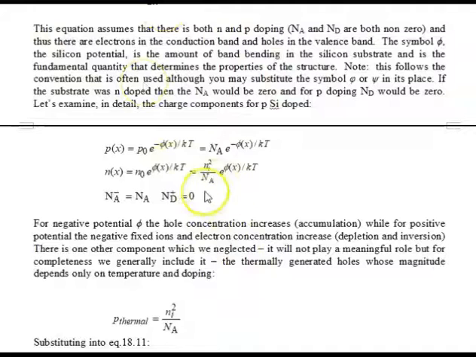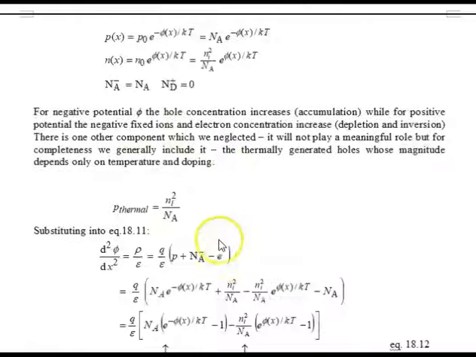Okay, so just one comment here. Of course, P0 is equal to Na, which we know. N0 is Ni squared over Na. And of course, for 10 to the 17th, this is 10 to the 3rd, and this is 10 to the 17th. We let Nd plus go to 0. It is only acceptor doped, and we include one more thing here, which is the thermally generated